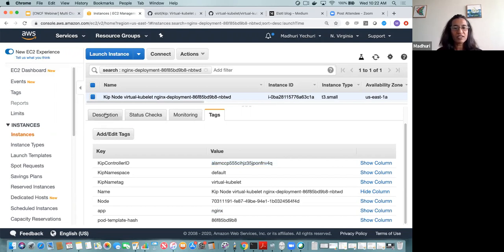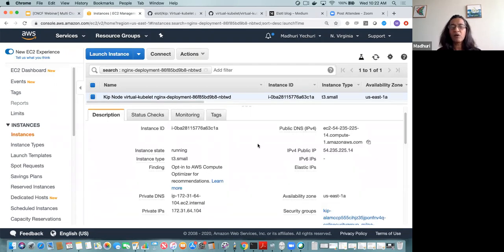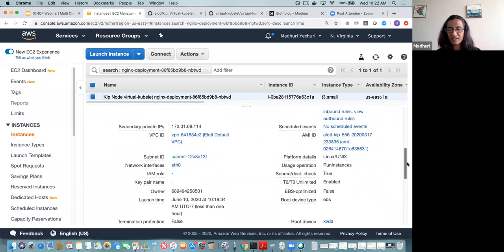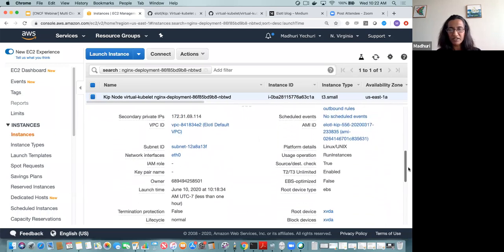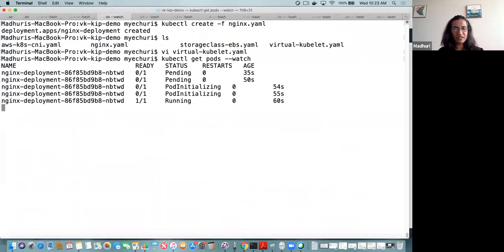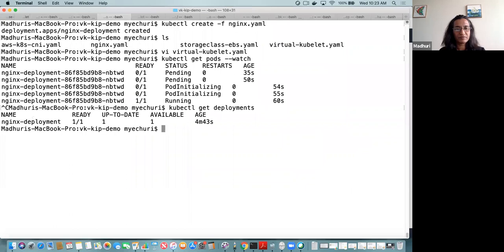In this case, because I did not specify any affinity for a certain launch type, what we get is a de facto on-demand instance. Let's go down and see. We should see that it's running on a regular on-demand instance. So it's a normal on-demand instance that is running the Nginx replica. So if I go ahead and scale the deployment, let's get the deployments first. So if I scale the deployment for Nginx from 1 replica to 3,